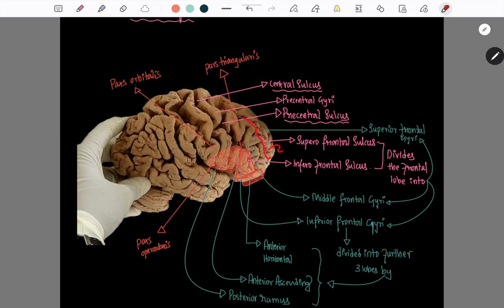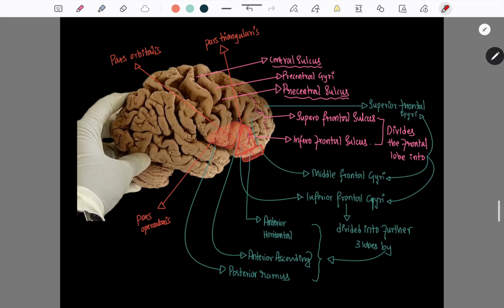These both divide the frontal lobe into 3 parts: the superior frontal gyrus, middle frontal gyrus, and inferior frontal gyrus. Now complexity arises when the inferior frontal gyrus is further divided into three parts